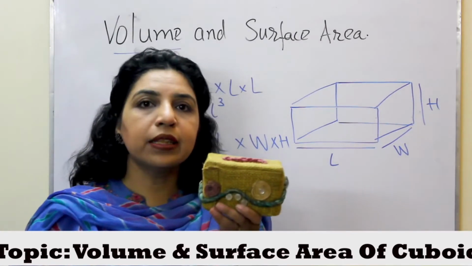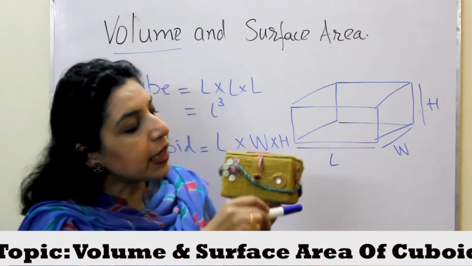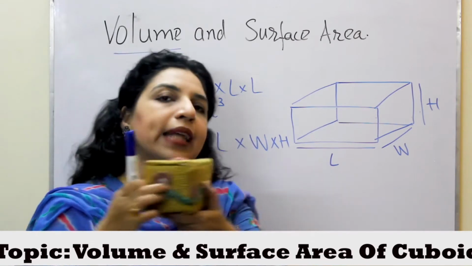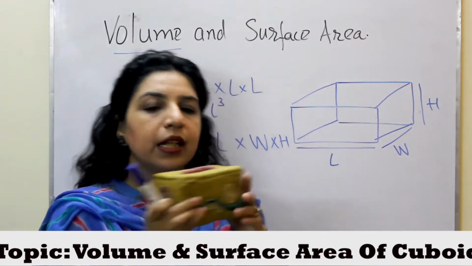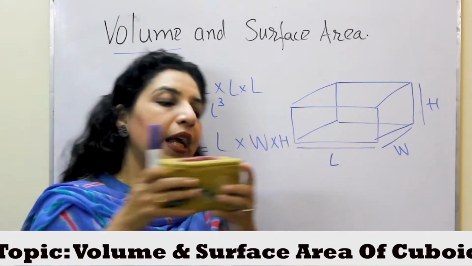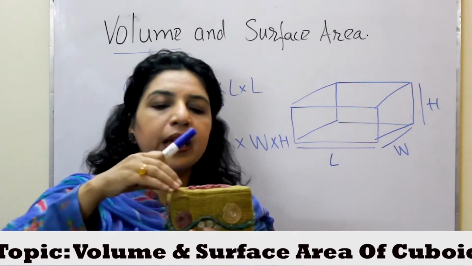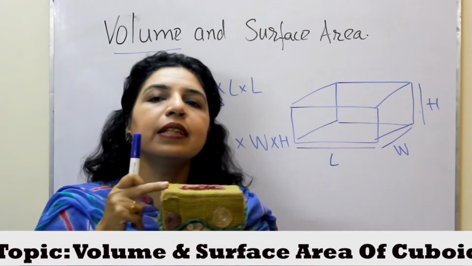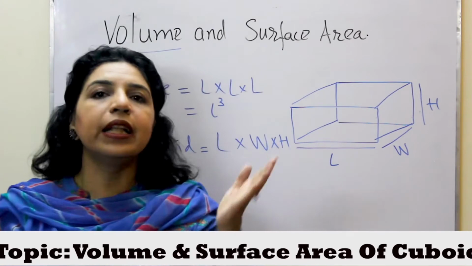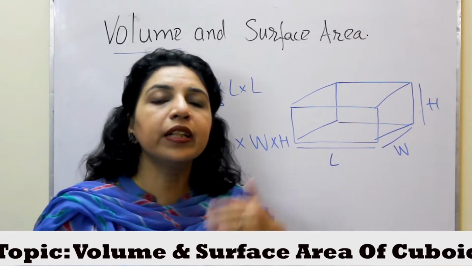Okay, now look at this jewelry box. If we take this as length, this is the height. This side has length multiplied by height and the back side is also length multiplied by height. These two end sides are width multiplied by height and this side is also width multiplied by height. And this top and bottom does not have any height. This is width multiplied by length. So we have two sides with length into W, two sides with length into height and two sides with width into height.